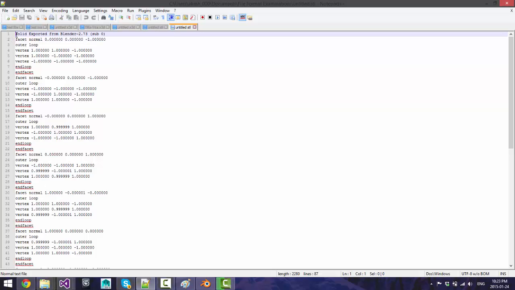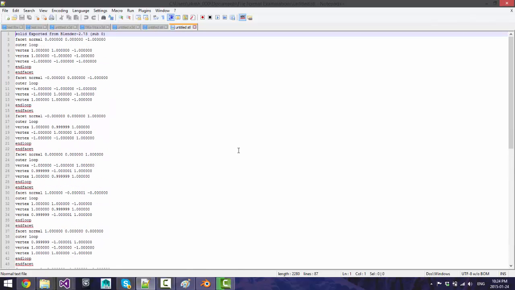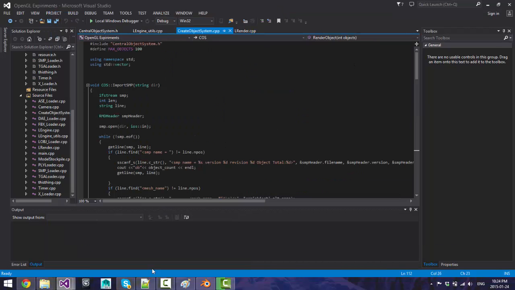So in the while loop right now, it's just going to read this one by one until it gets to the end. But why we want it to do this is we're going to keep doing that, and then when we need it to stop, we'll use an if statement. So we only need it to stop at vertex right now. So once it hits vertex, we're going to perform some operations to extract this data. So we're going to use getLine until then,